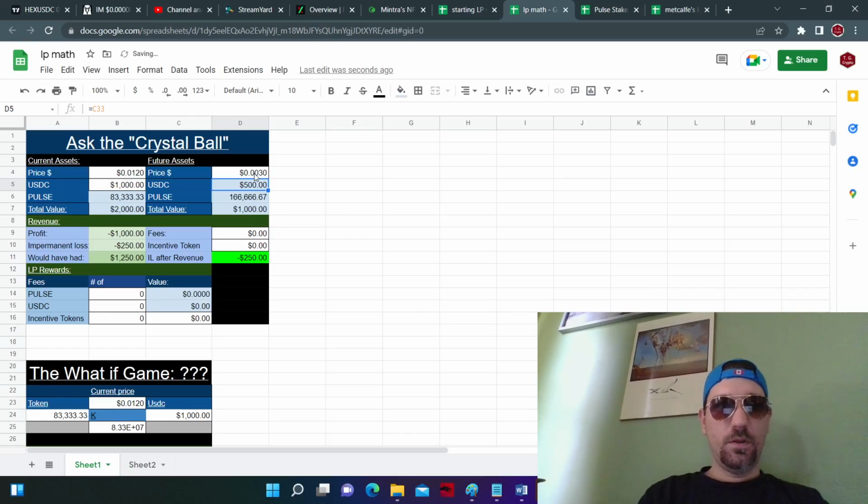Okay. So in this, you can see if there's a 75% correction dip in an asset, it looks like you lost half the value of your LP. Because you did in the stable coin. That's gone. Basically, you've been buying coin in your LP while the price went down. But you'll notice your pulse bag has doubled. So if you believe in this asset and you think that this is only a stepping stone and that the future price is maybe $1,